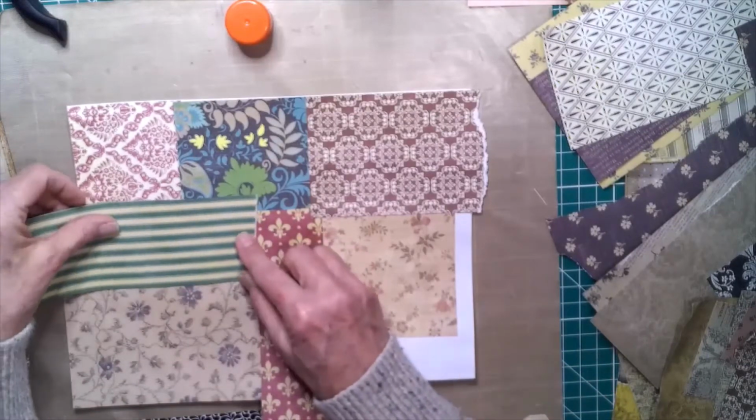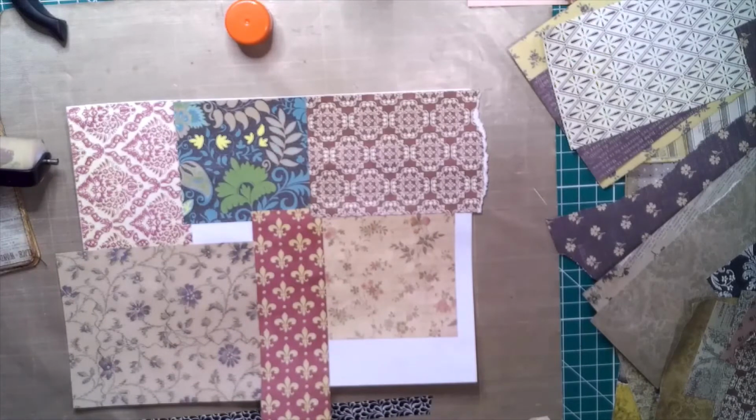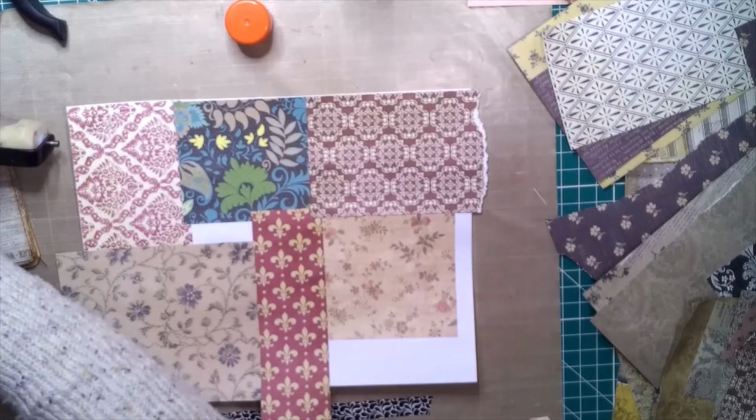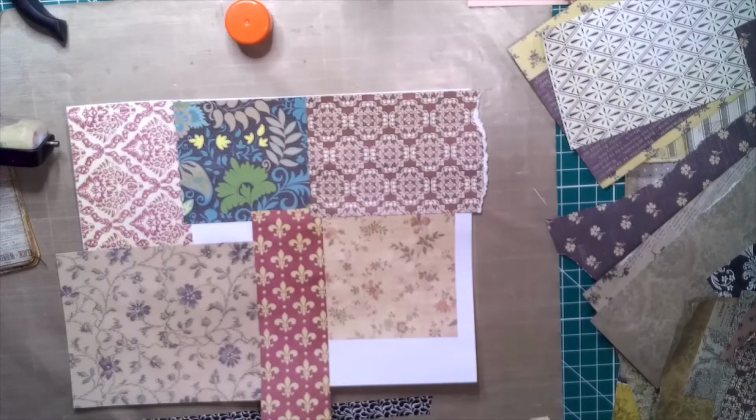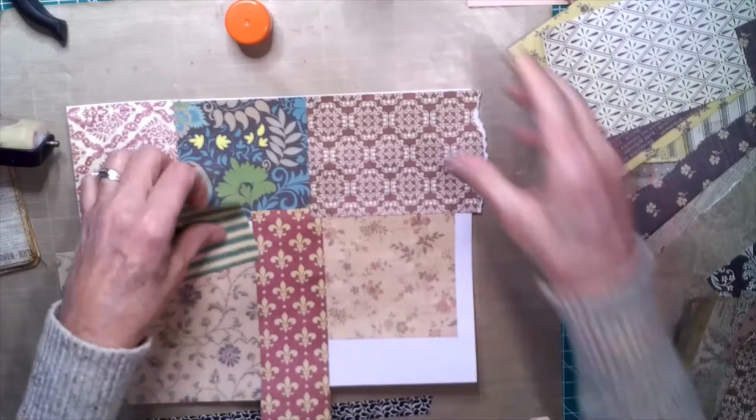I don't know why I've always loved this green and white. Well, it's sort of cream. I think it's been tea stained. I've always loved this paper. As simplistic as it is, I've always loved it. I'm just going to put that there,